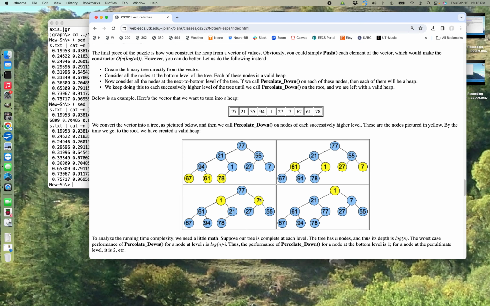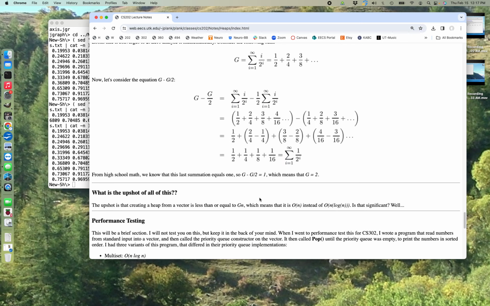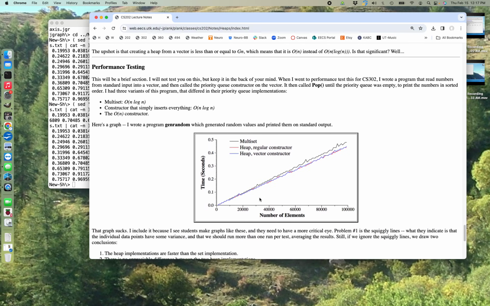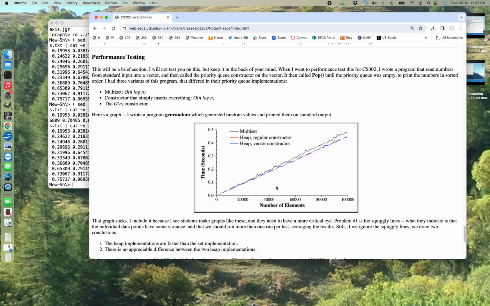And then to create it, you call percolate down, percolate down, percolate down, percolate down. Each percolate down call is going to be log of the height of the tree. And if you sum them up, it's linear. It's like magic. Whereas if this were a map, you'd be doing n log n to create this. And then, see, I have some math. This was the first time I tried to show this. So I implemented them both, timed it, and I got that.